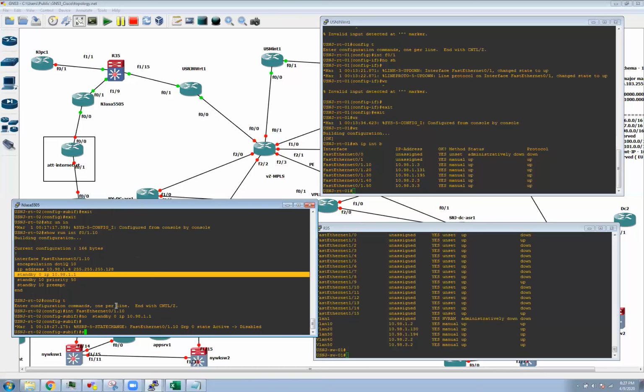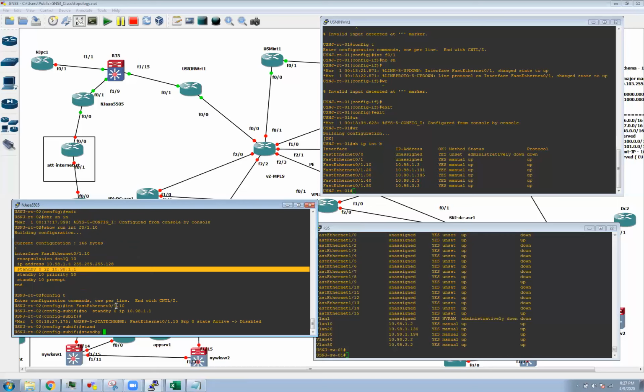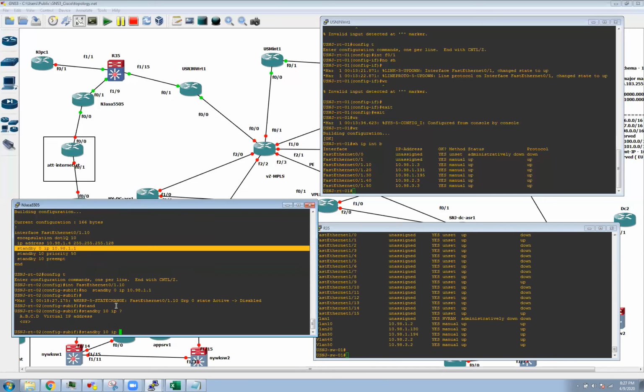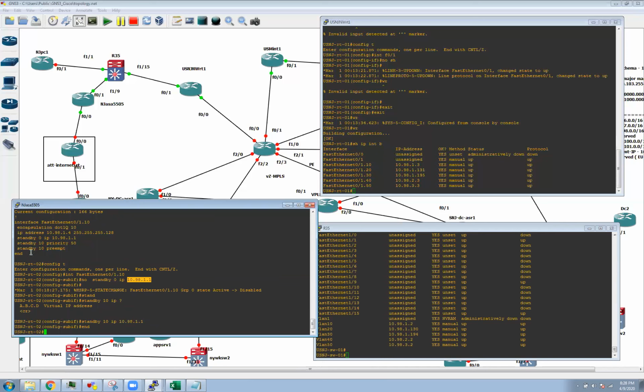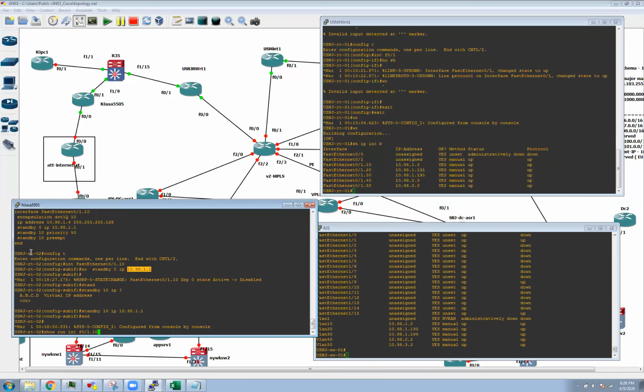Okay, so then we put the standby, and then we put the group name 10 IP. Okay, so now we put the IP address. So the IP address will be this one. Okay, so now when you exit out again, when you show here,